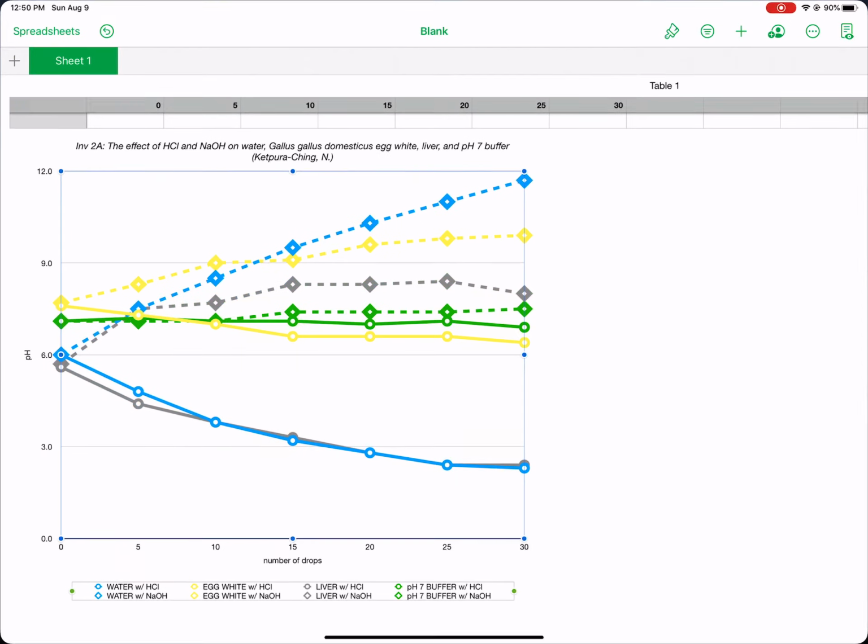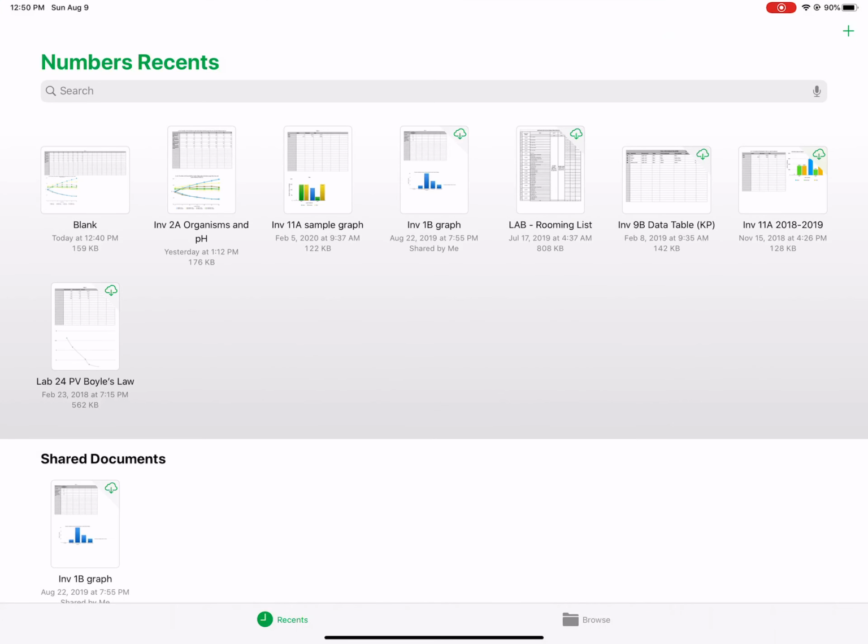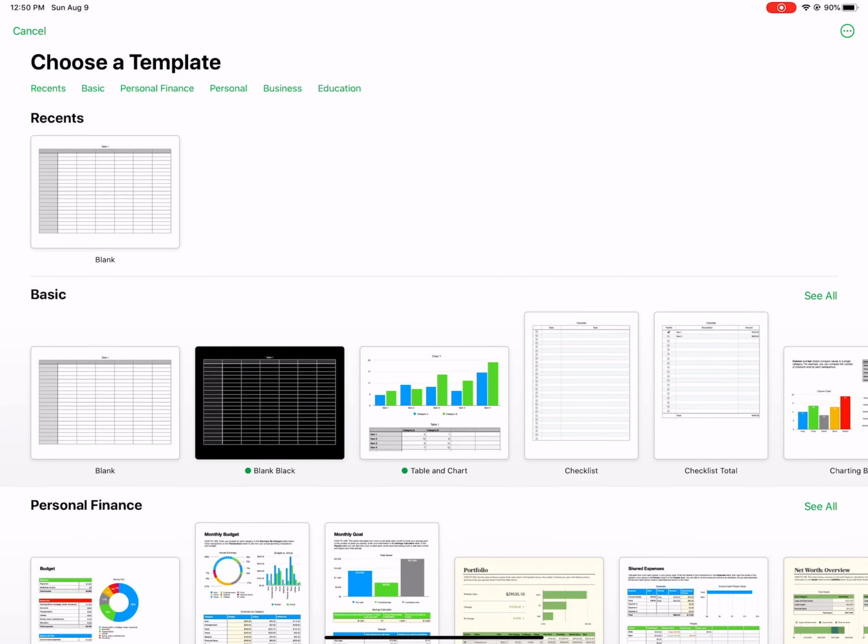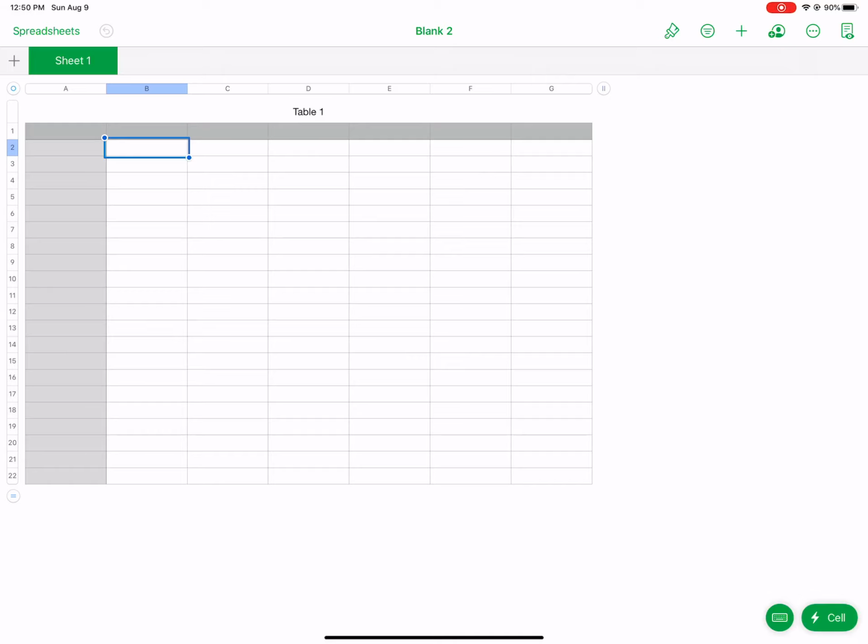So you're going to go to Numbers, and when you first open it up, you're probably going to see this screen where you may not have anything in there, and that's okay. So we're going to start creating some graph here. Right below where your battery icon is on the top right hand corner, there's a plus button, so you're going to add that and go to blank. Okay, and then select cell A2, and then you're going to do Command V to paste,